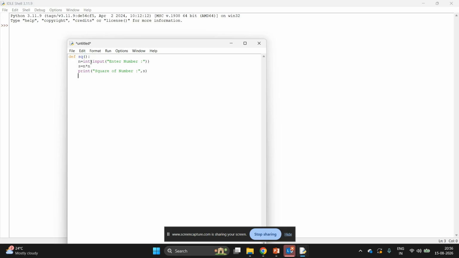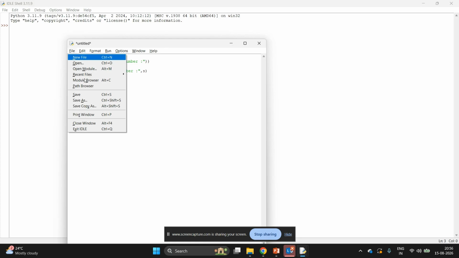So this functionality of reading a number, calculating the square, and displaying the answer is written by me as a programmer under the name sq. These functionalities I have written using the def keyword. We know that this functionality is not self-executable code. It will run or execute only if I make a call to this sq function.